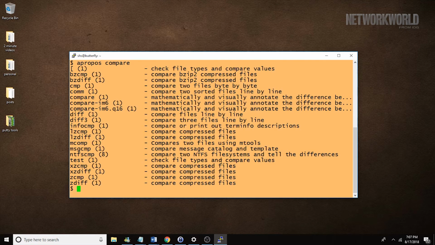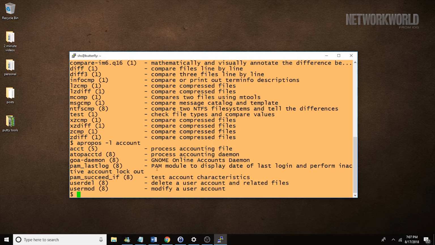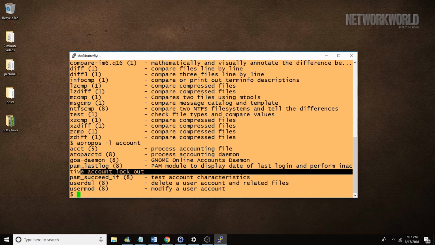Admittedly, that's a lot of options. Maybe you'll spot a command in the list that you've used before, or follow up by looking at some of the man pages for each command to learn some more. Some useful options for the apropos command are -L, -E, and -S. The -L for long option keeps the command from truncating the command descriptions to fit on a single line. They wrap around instead. And you can see we have a little wrapping around right there.